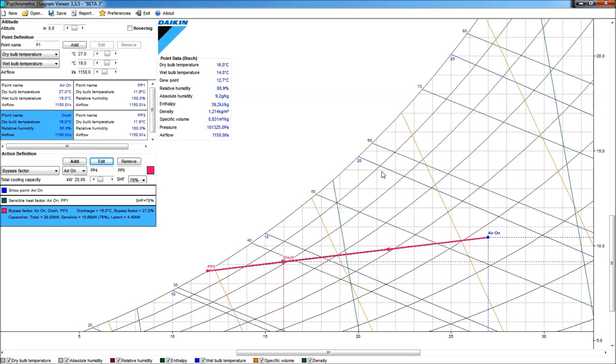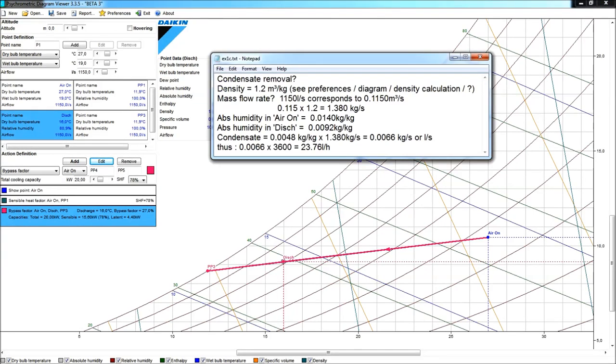So standard value will always be used in the program. We will just use this density of 1.2 cubic meters per kilogram to multiply this by the air volume, the 1150 liters per second. So setting the units right, this will give us